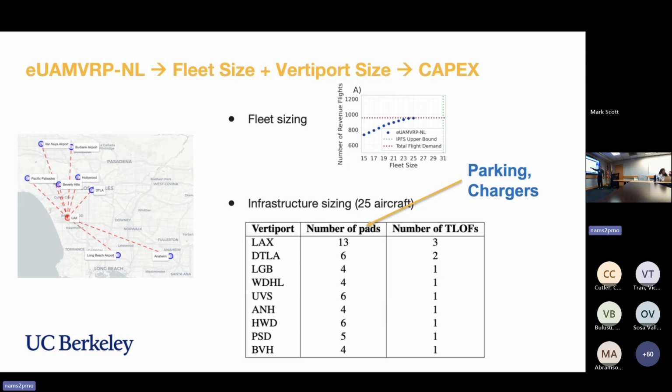The other thing the CapEx model gives us is, in order to sustain operations, how many chargers I need at each vertiport, and how many TLOFs I need at each vertiport. That becomes the way I can compute CapEx, because we've done it 2 ways. One is based on the cost of land. The other way is to look at the cost of parking. What is the cost of parking in downtown LA? If your vertiport is this many square feet, once I've got TLOFs and chargers, I can use the FAA design brief to work out the square footage. Then I'll say this is the cost of this many square feet of parking if I was building a parking garage, and that's going to be my capital cost. Okay. Then,